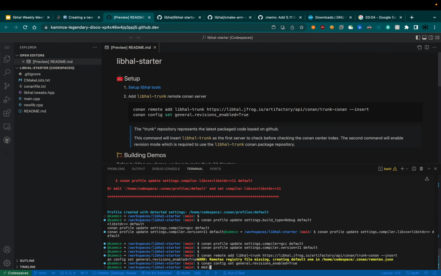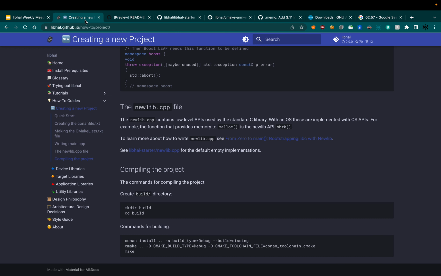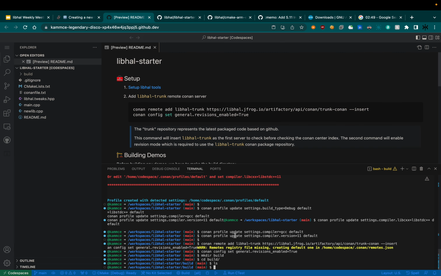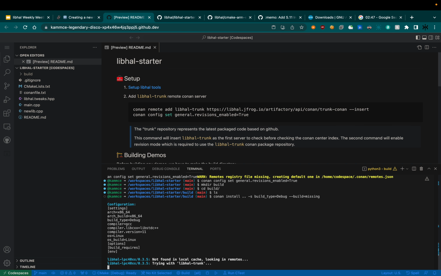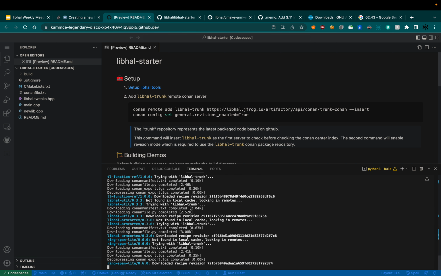So yeah, let's go in here. So we just need to make a build directory. Go into build. All right, very good. And then from here we just got to run Conan install -s, setting the setting of build type to debug, and then setting the build to missing. This will ensure that we actually build any particular packages that do not have a cached version of their binaries